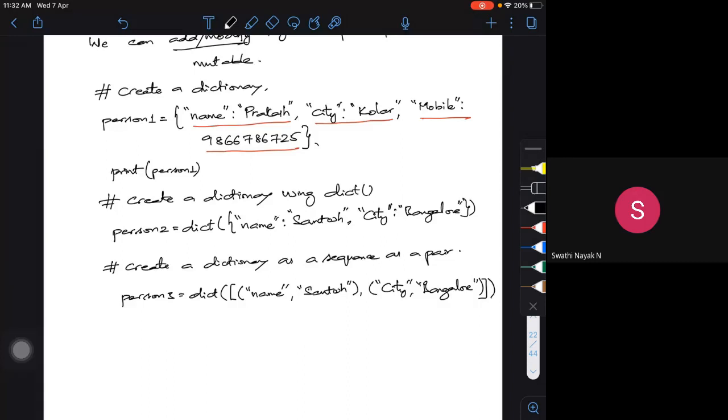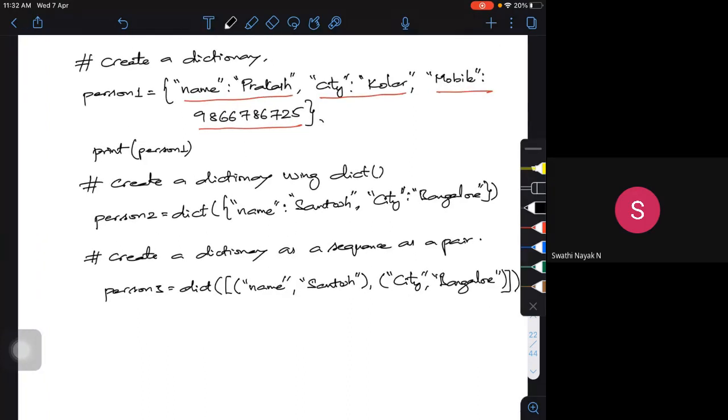This kind of sequencing is not used that regularly, but the first method is very commonly used. Maybe the second method is commonly used. The third method, using sequencing, is very rarely used. The output will still be similar. The only thing is you are using the sequence one item after the other.